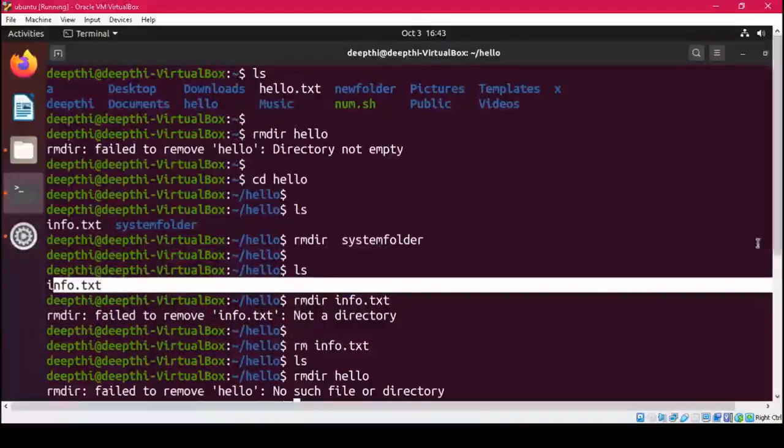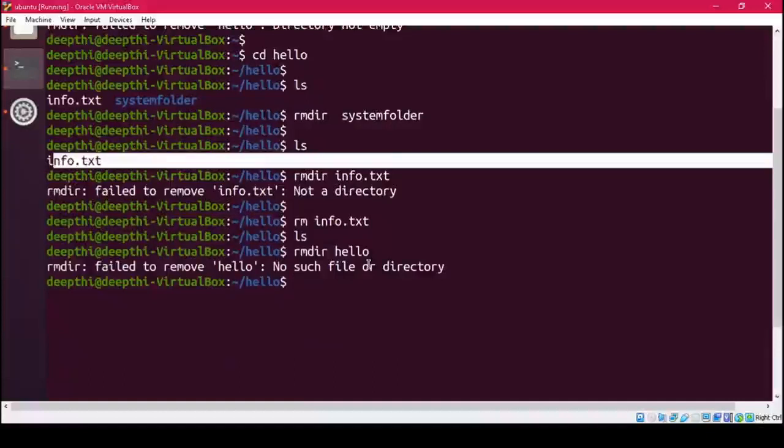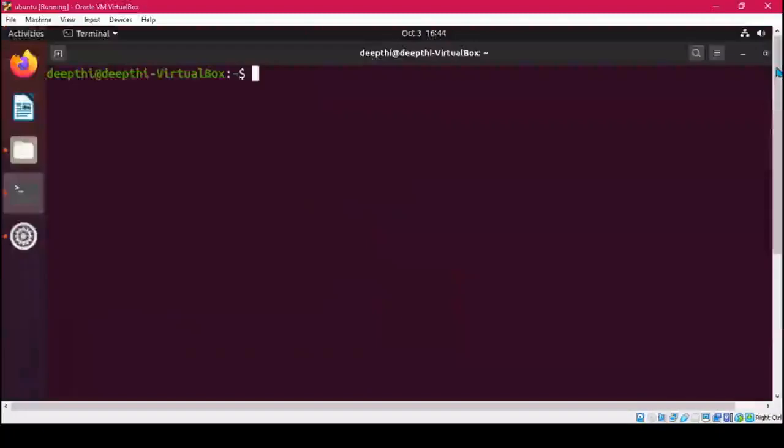You can't delete it. Why can't we delete it? Because we are inside this directory, and if you need to delete this directory, you have to go out of it. So to come one directory back, you have to go to the previous directory. Then you will be writing cd, and now you are again in the present working directory, right? Now let's clear the screen and see.